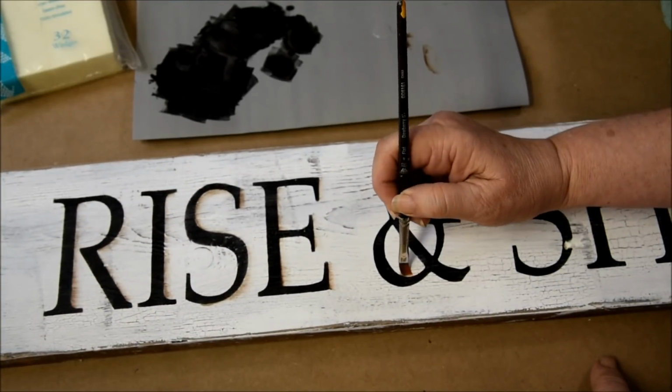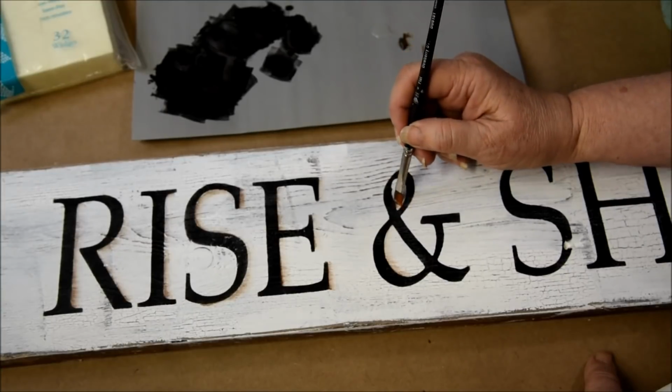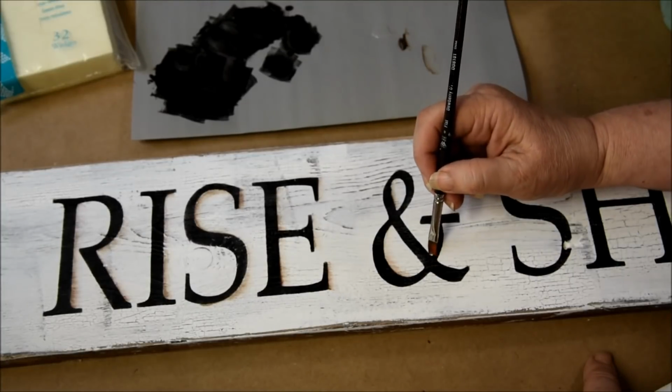So now I'm going to go along this one. Also I had a color, I think it was Payne's Gray. I don't know if they still have that in the multi-surface paint that I really liked. It did a really good shadowing and it had a blue hint to it. And so if you want to go for a blue shadowing,